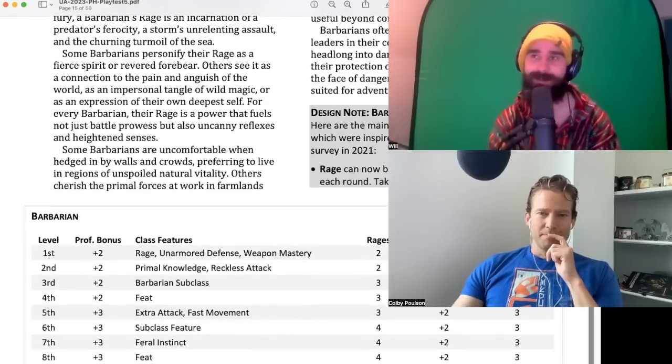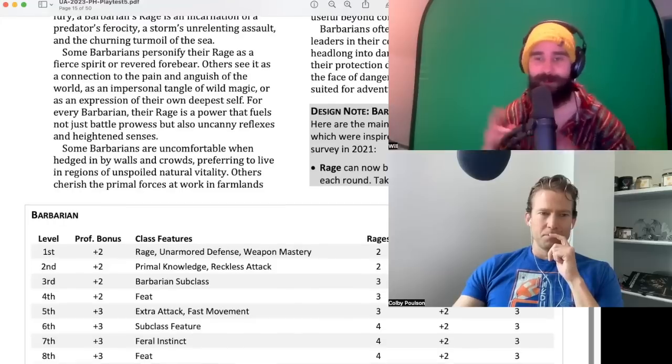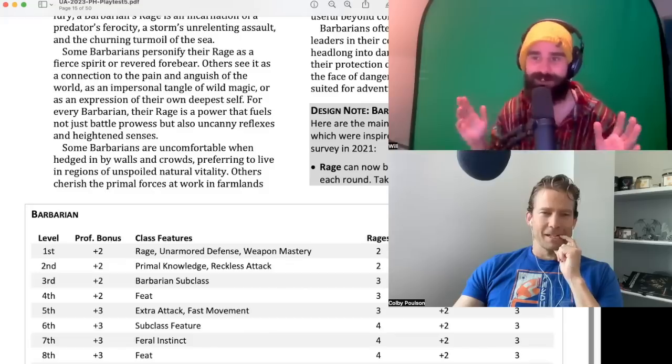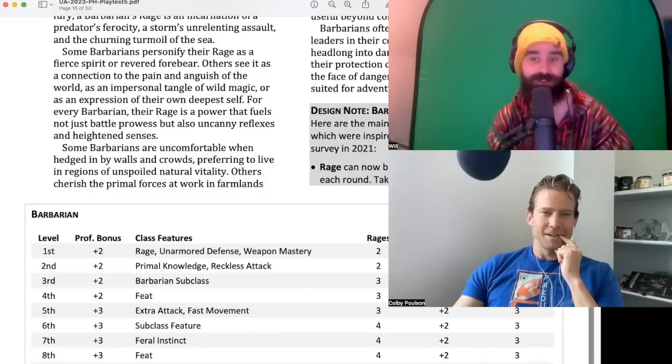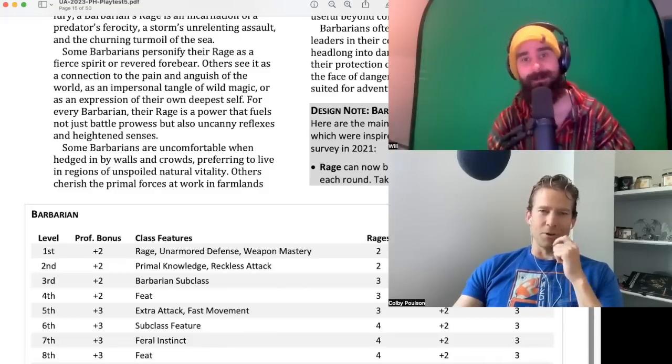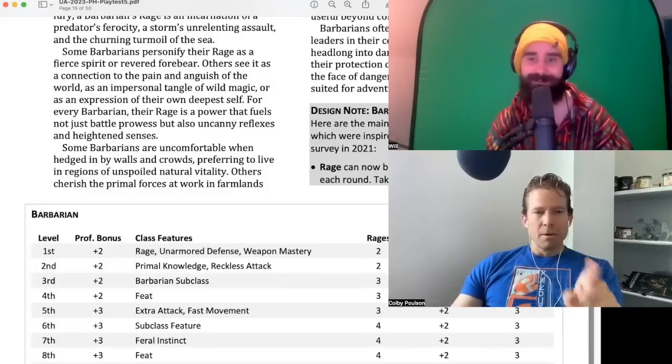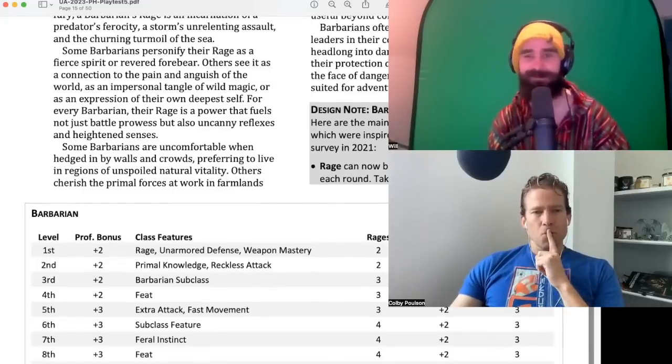I guess they didn't like that people could... The meme, right, is you slap yourself with Alchemist's Fire. You take 2 damage every turn, but your rage is guaranteed. Maybe that's what they're trying to stop. Or you just punch yourself in the face. But I don't think that was a problem, so...